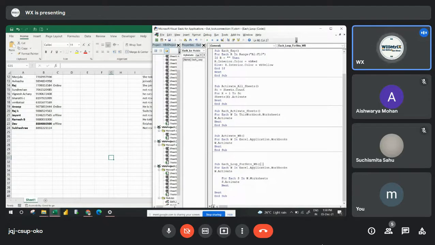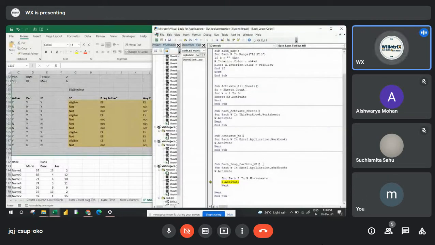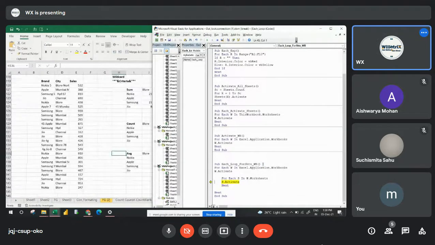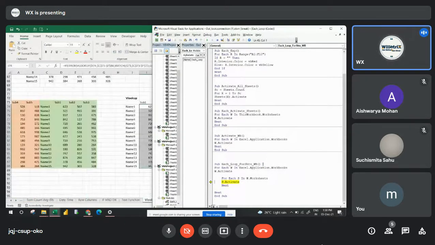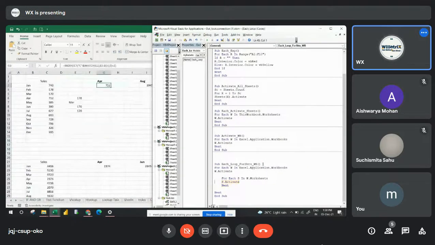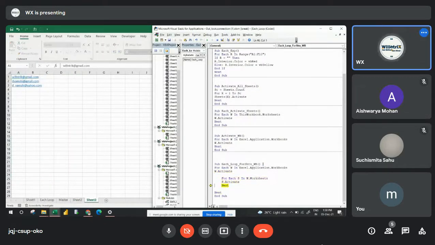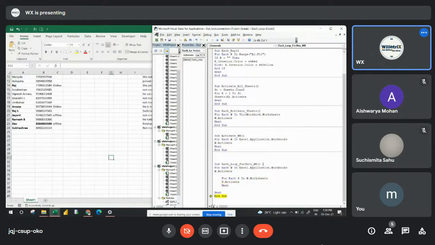So when I run this code, see what happened. The first workbook will activate. Here we have only one sheet. That sheet is activated. Then it will go like this. Again, the next workbook, it will activate all the worksheets, whatever we have. And next, it will go like this only, activating all the workbooks. Once we are done, the next workbook is activated. Again, here are all the sheets we have. Then it will go on to End Sub later. Understood? Activating the workbook, then all the sheets we have there. Is it clear? Yes.